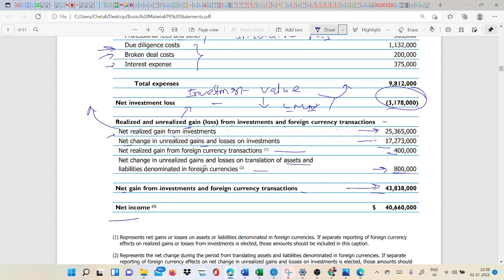So finally here they are in a profit after calculating everything. Even this profit will have to be allocated, an income that will have to be allocated to the investor's account, because this investment is from the capital which is invested into the PE, and that capital is from the investors. So whatever gain that we see on the investments will have to be allocated. Simple.